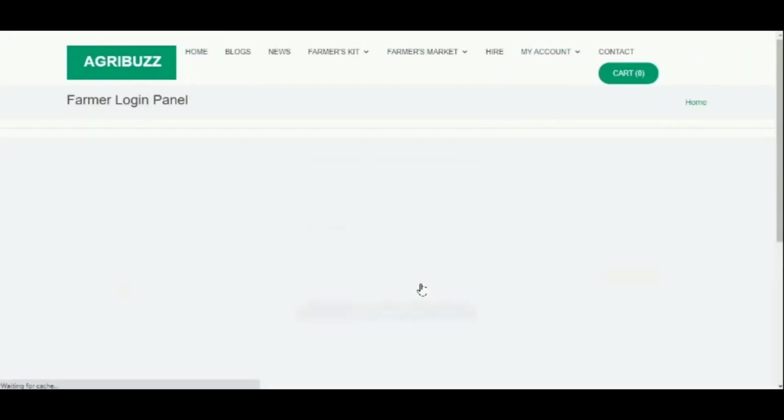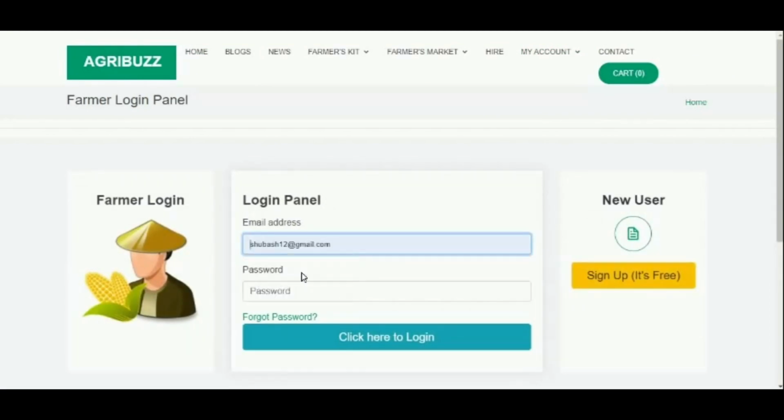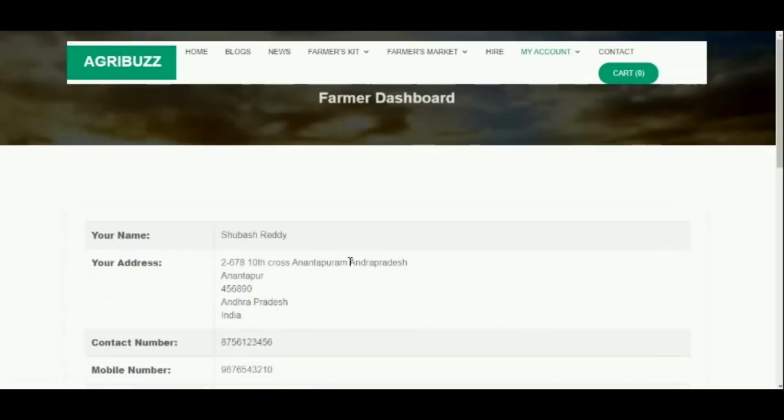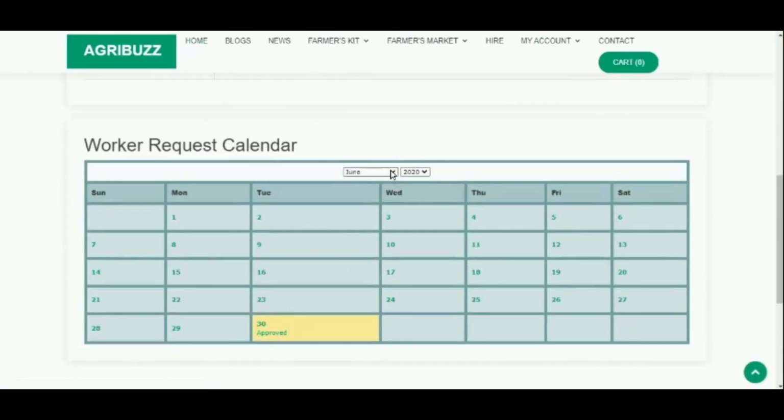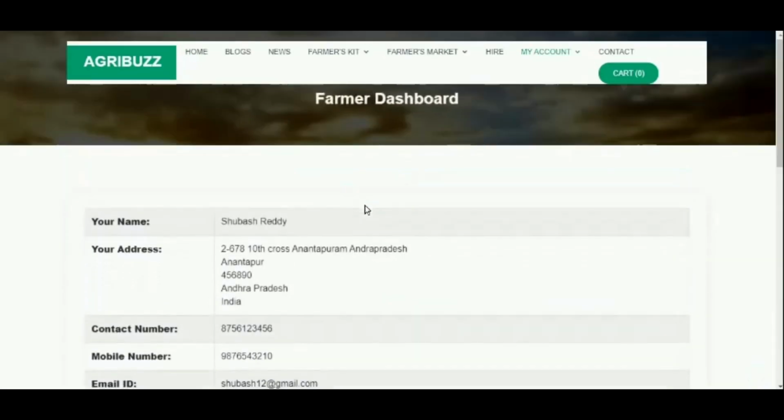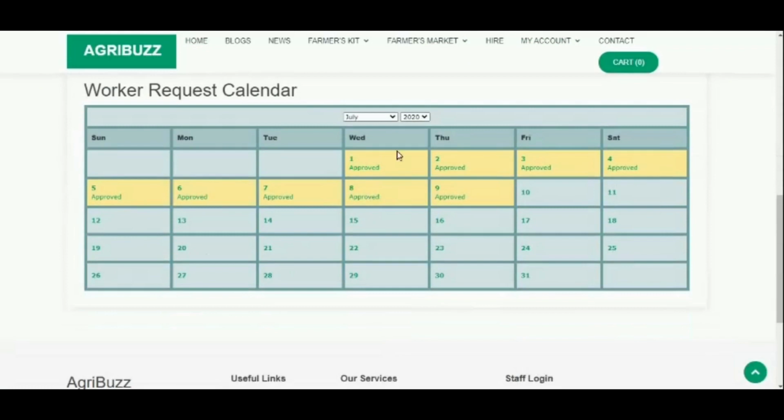Let's log into Farmer. Under Farmer's work request calendar, we can see the approved status as the worker has approved to work.